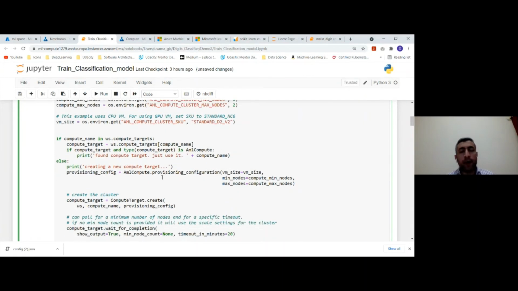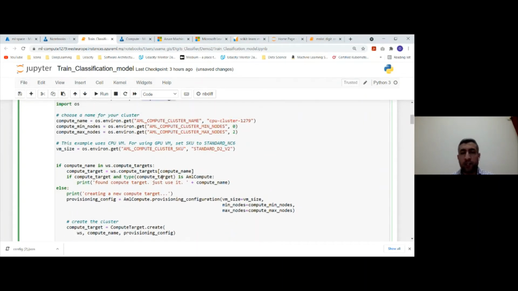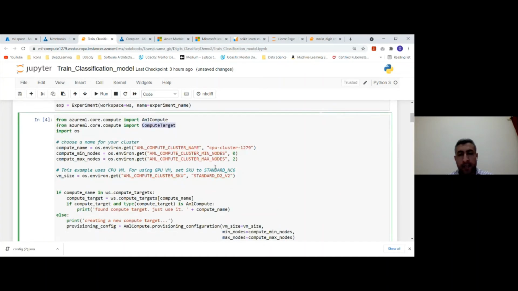What is the catch here? In this code cell, it's all about creating the compute resources that we need. So to run our classification or our training job, we need to define some cluster of nodes, compute resources. Here, if you notice, in this line, I'm just giving a name to this compute resource. This is the name of my compute resource. And this resource has a minimum number of nodes, 0, and a maximum number of nodes, 2. So this means that I'm going to provision a compute cluster of 2 nodes, and this cluster will scale down. If there are no training jobs at all, that cluster will scale down to 0. So there are no executions, there is no cost you need to pay if you are not running any training